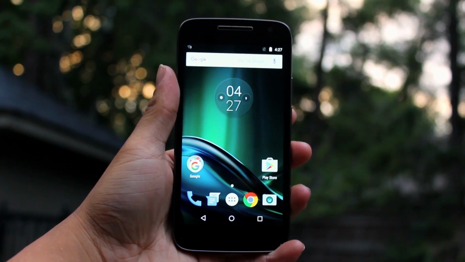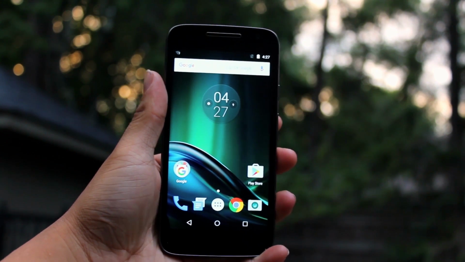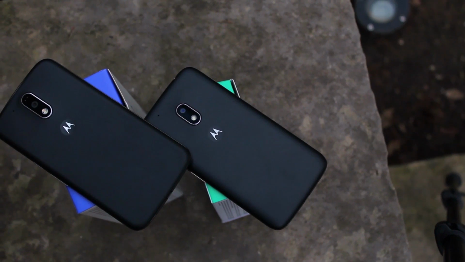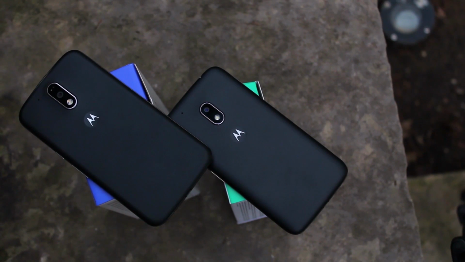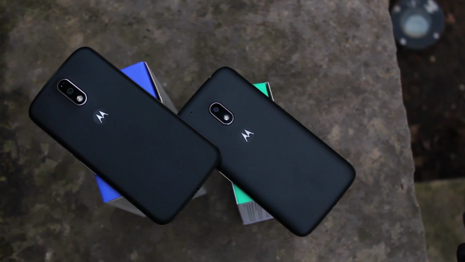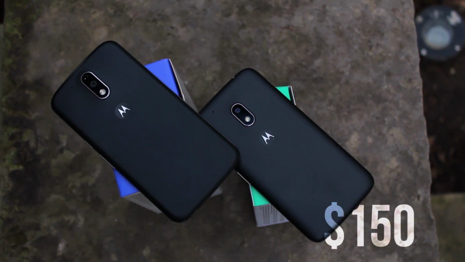But wait a second, this other smartphone is the Moto G4 Play. So today, we're going to be taking a look at some key major differences between these two budget phones. Right off the bat, one of the most predominant differences between these two phones is their price, as the Moto G4 Plus will land you right at $250 American, and you can pick up the Moto G4 Play for